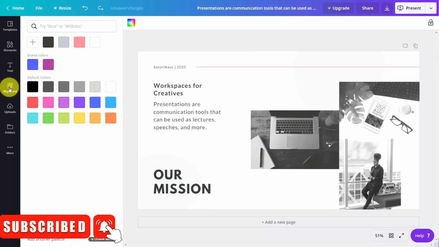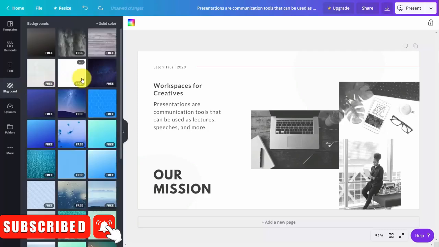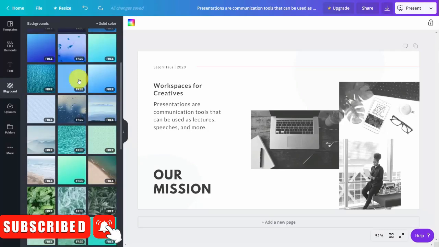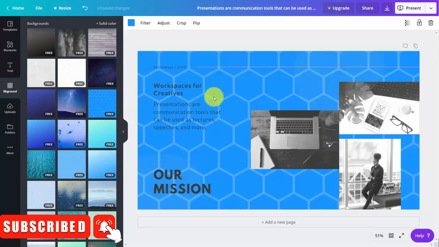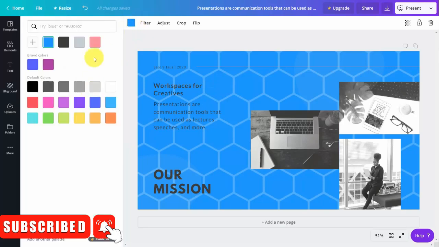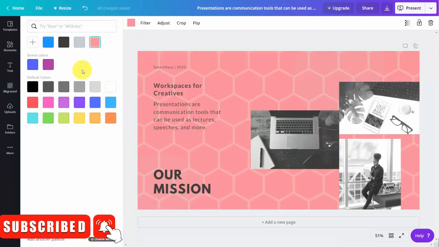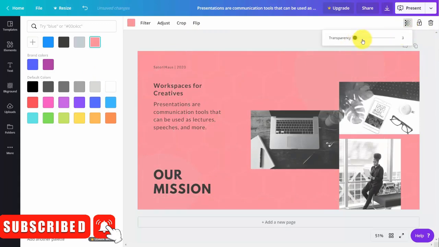What we can do is go to the background, and you'll see that there are free and paid backgrounds available. You can then click inside of the background element that you want, and you'll see that element in the background. And then we can change the color of that background to what we want it to be. Now you're going to see a menu for this background, and what we can do then is change the transparency of the background, and what you'll see is that we can make those elements more opaque. You can also adjust these elements here in this menu.